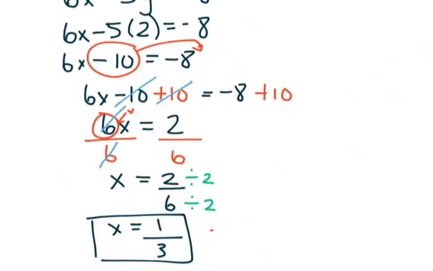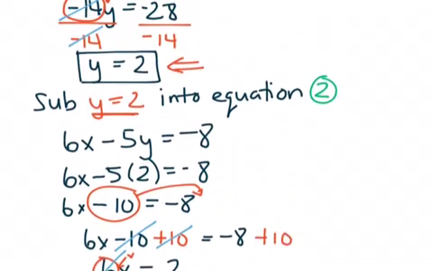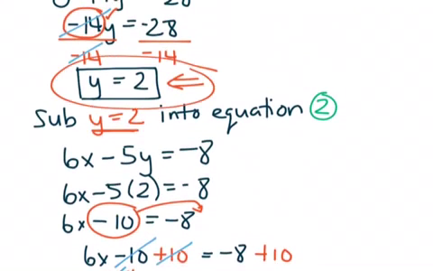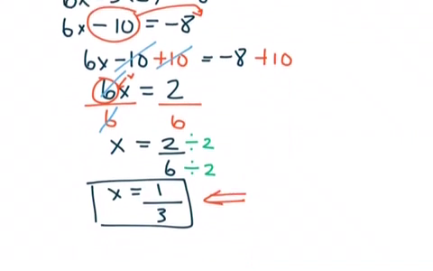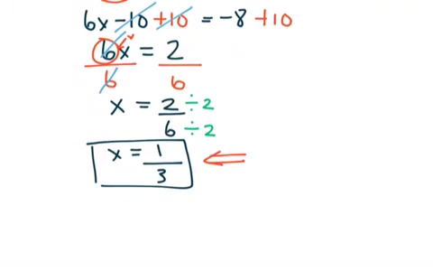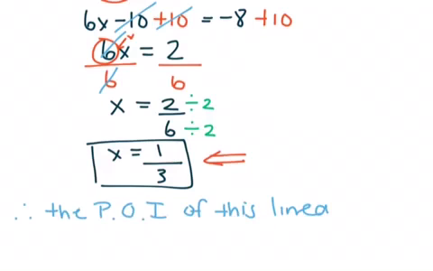So let's take a look at what we found. We know that the x-coordinate of the point of intersection is 1 over 3, and the y-coordinate of the point of intersection is 2. So now we can write our conclusion. We're going to write, therefore, the point of intersection of this linear system is the point